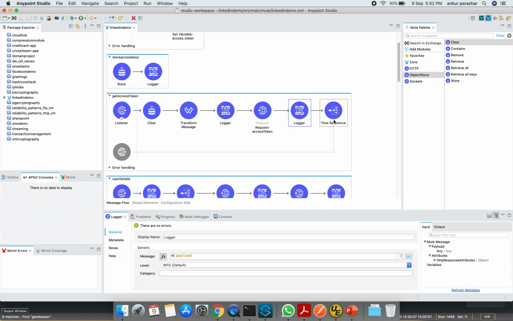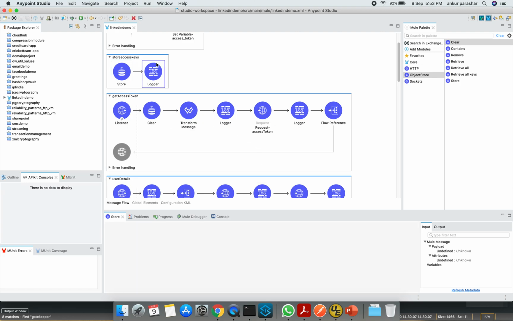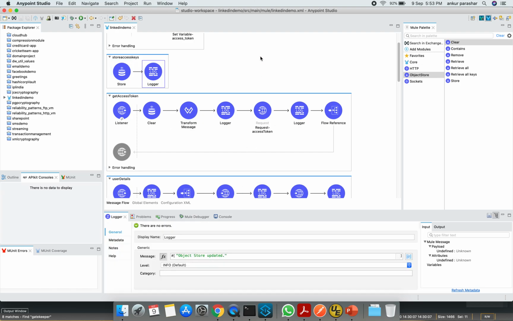Once the access token is generated, a flow reference will be called to store the access keys. This flow has an object store with the store function. An access token key will be generated, it will save the access token, and it will log the message: object store updated.